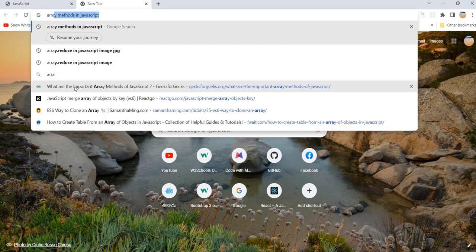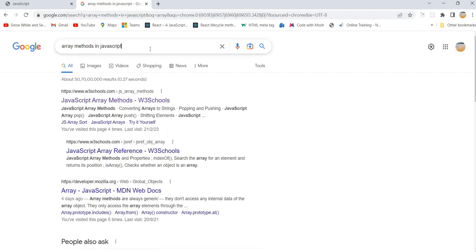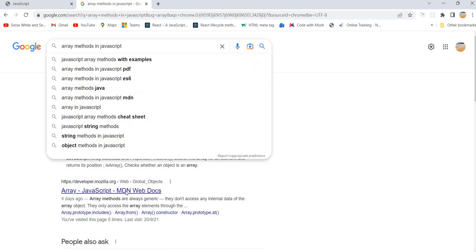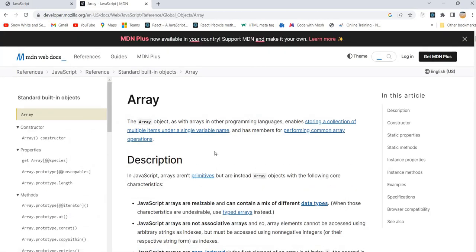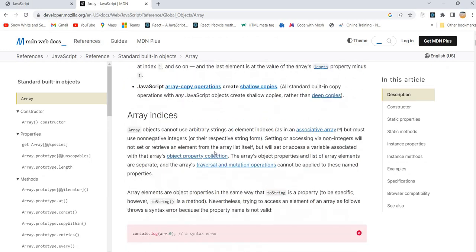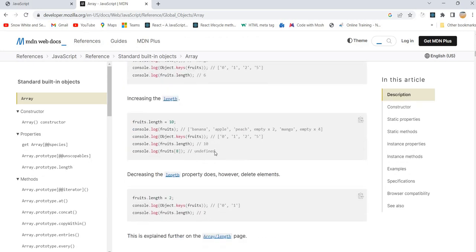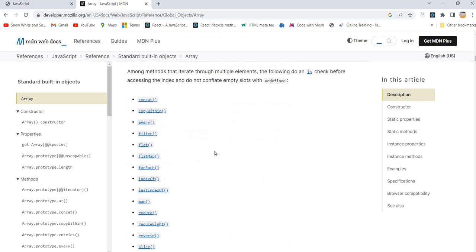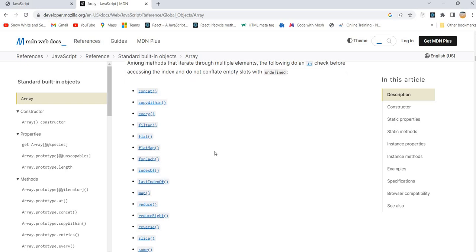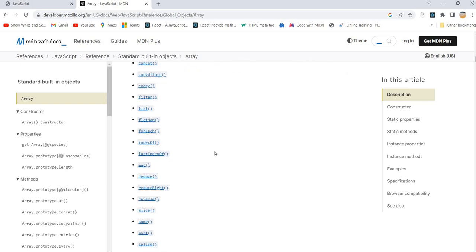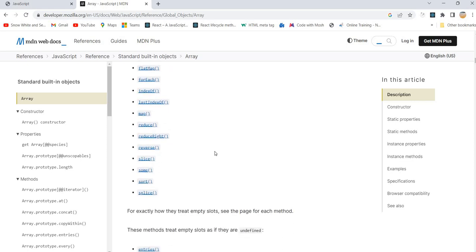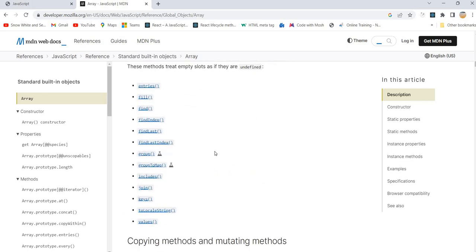Okay, array methods in JavaScript. If you go to MDN web docs, you will find a lot of things. Everything is important, but it's not possible for us to cover each and every topic. So concat, copyWithin, filter, flatMap, forEach, indexOf, lastIndexOf, map, reduceRight, reverse, slice, some, sort, and splice. So please